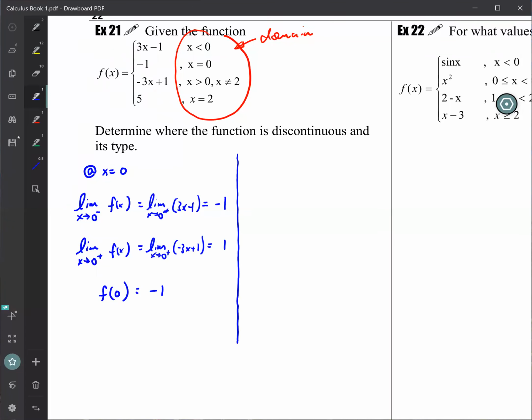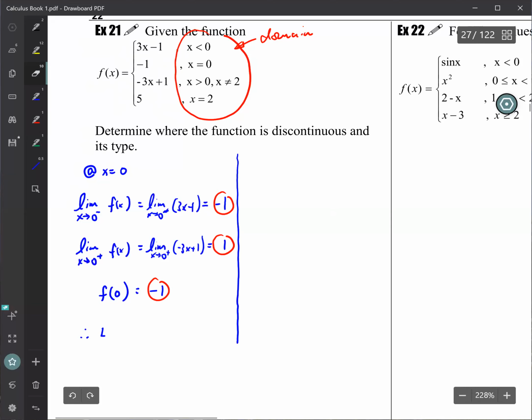So by looking at the results, we have a -1 and a -1 here, but then the other one is a 1, right? They don't equal each other. If they don't equal each other, it means it's discontinuous, right? So that's our first conclusion. We can say